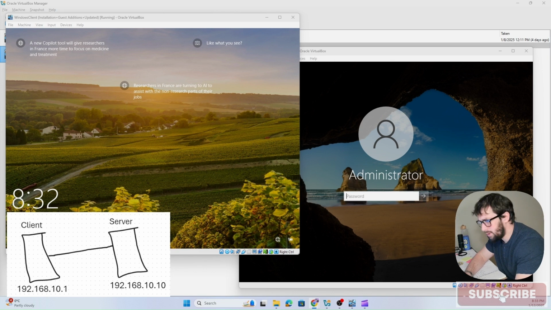Let's take a closer look at how our sandbox network would be structured. We'll assign the following IP addresses. So the client will use 192.168.10.1 and the server will use 192.168.10.10. These IP addresses actually are part of class C network, which means the first three numbers